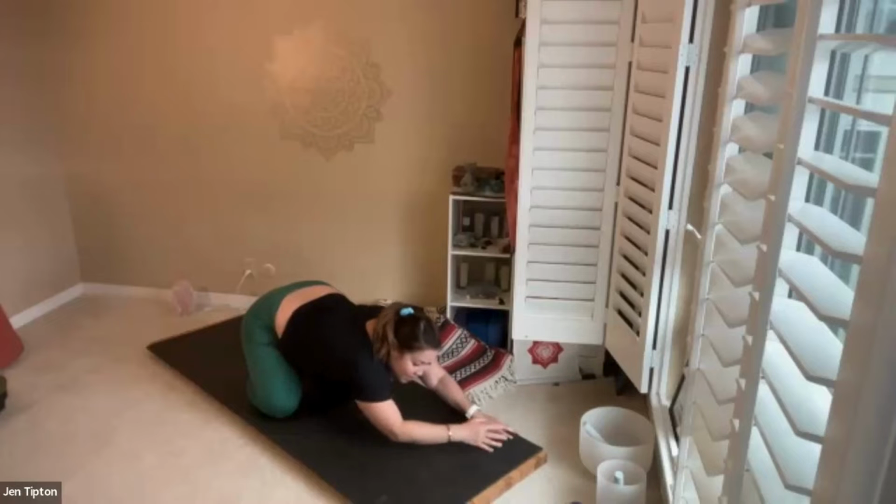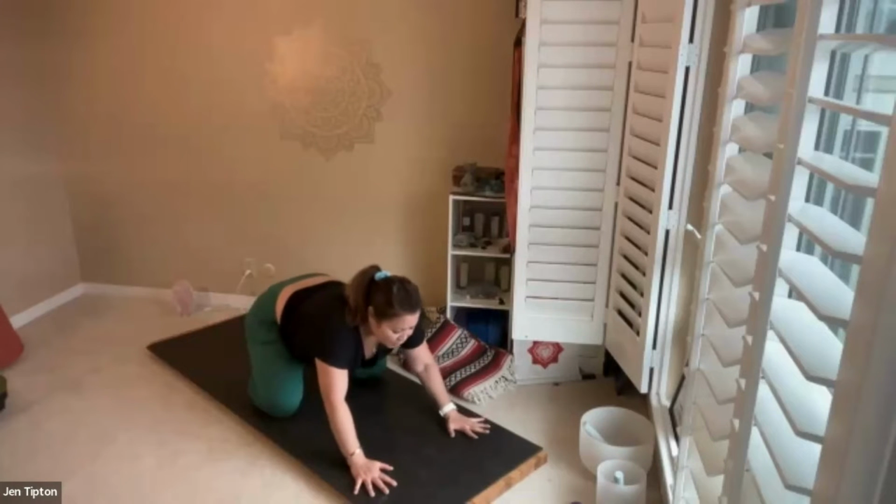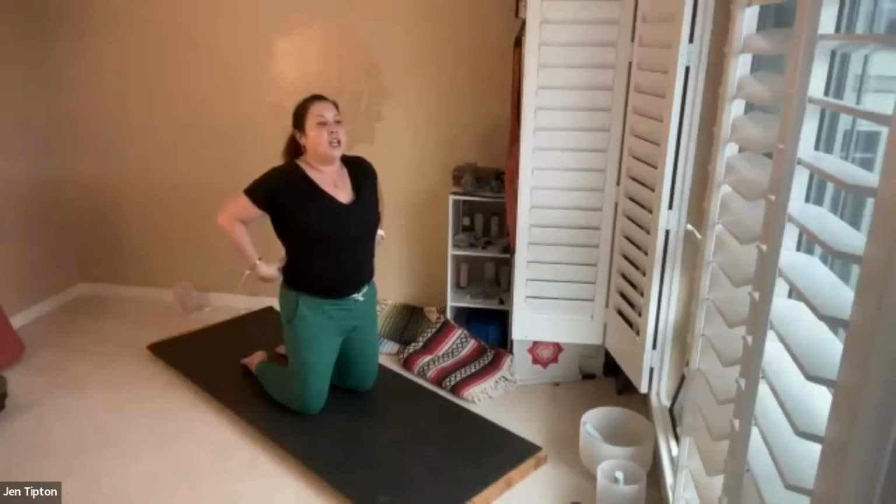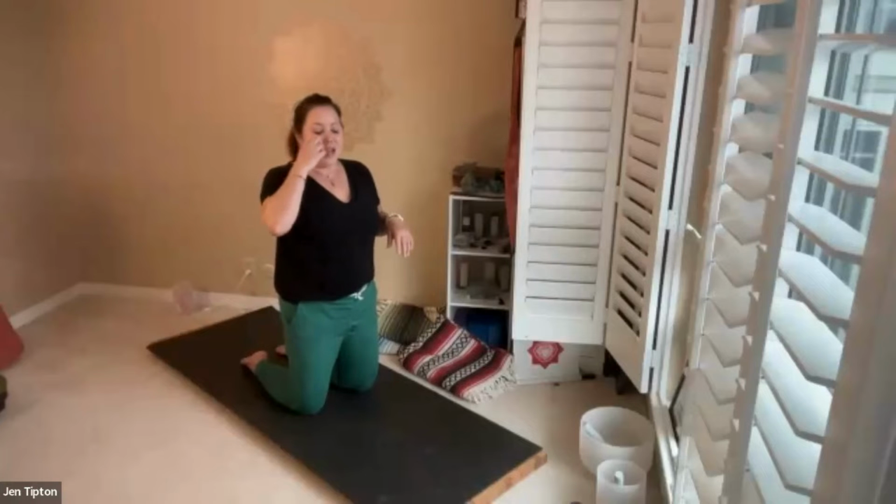Good. Coming back to center, gently lifting up to the knees. So we're on our knees. And as we know, depending on how far out we are from surgery, this whole area is really tight. So we're not going to do the biggest back bend ever, but just enough to get that length and that